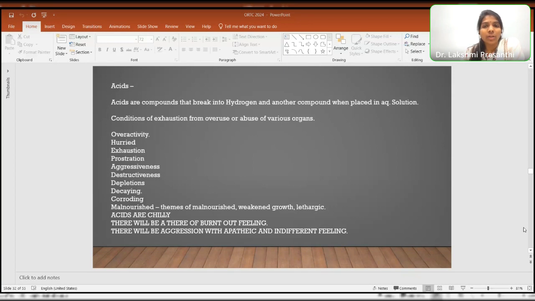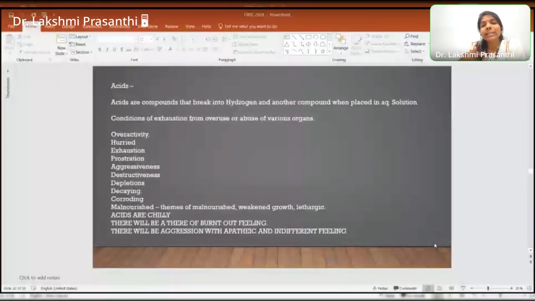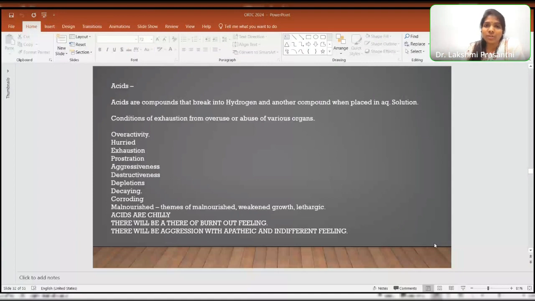Phosphoric acid or acetic acid, fluoric acid, lot of weak, paler themes. Too much of lethargy, too much of drained out feeling. There is severe overactivity. There are 2 poles, you will have severe continuous overactivity to a state where there is complete exhaustion, drained out feeling that makes you go through lethargy. Okay, so this overactivity, hurriedness on the one pole, and the other pole you have